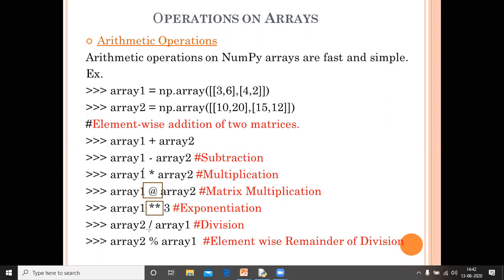This is the division. And the last one is mod. It means it will return the remainder after the division. These are the same operations performed like in mathematics, but each operation is performed on each element of the array. Then check in this one.